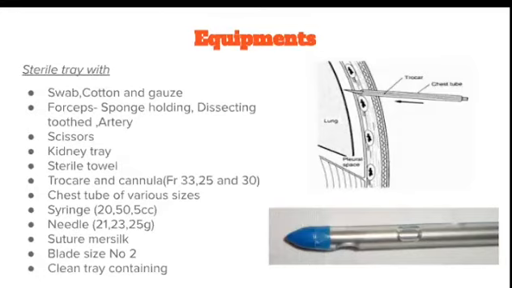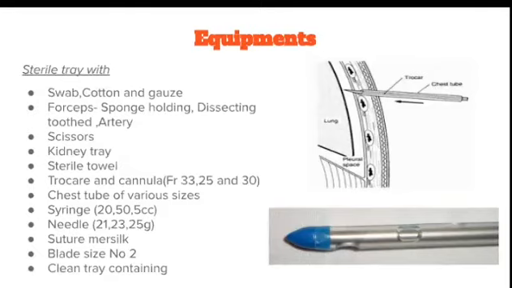and cannula. So this is the trocar and cannula. The blue one is the trocar and the transparent tube is the cannula or the chest tube. We have sizes of 23, 25 and 30. It depends upon the purpose. For example, if it is pneumothorax, a smaller size is enough. If you want to bring out pus, as in empyema, we need a bigger size. So it depends upon the patient's body and the indication we select the size.